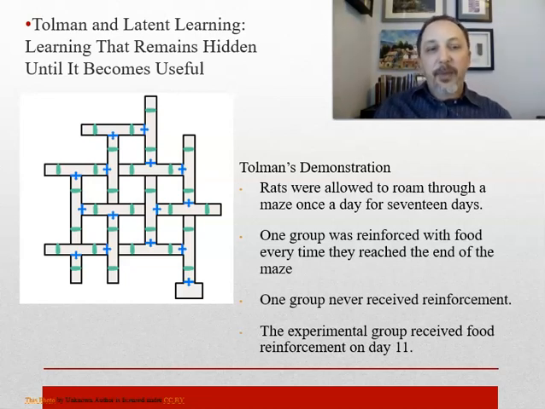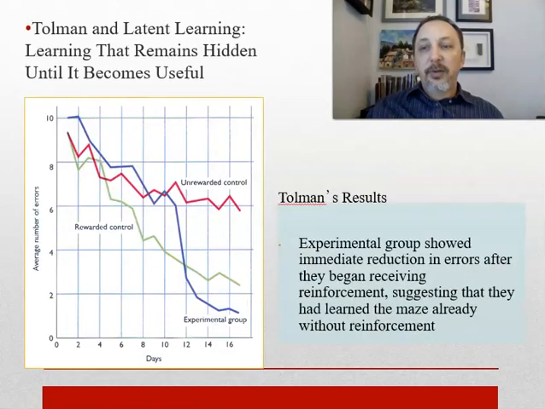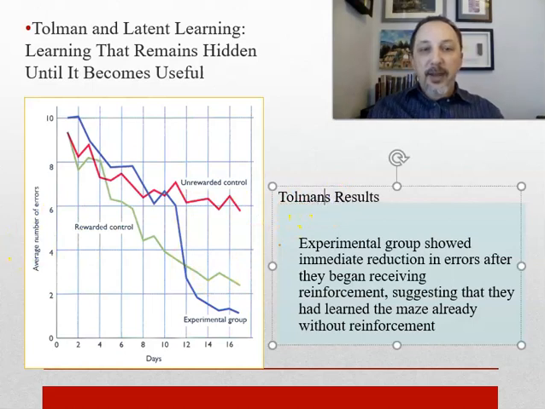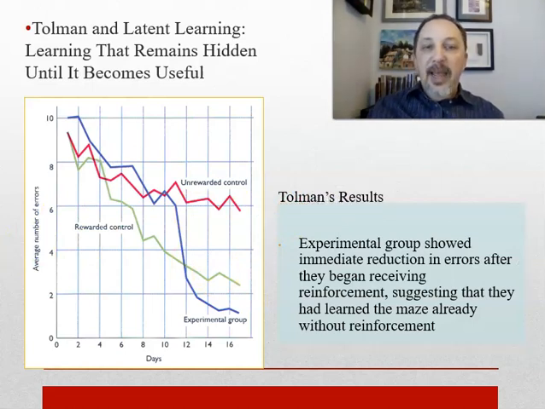What do you think happened? On day 12, how well did that group do? Did they start learning the same way the rats that had been new learned, or did they already know? And the answer is no, they got it. Like they got it right away. So basically, they figured out that these rats had this latent learning. They didn't have to be reinforced every time because it was beneficial. It was interesting to them.